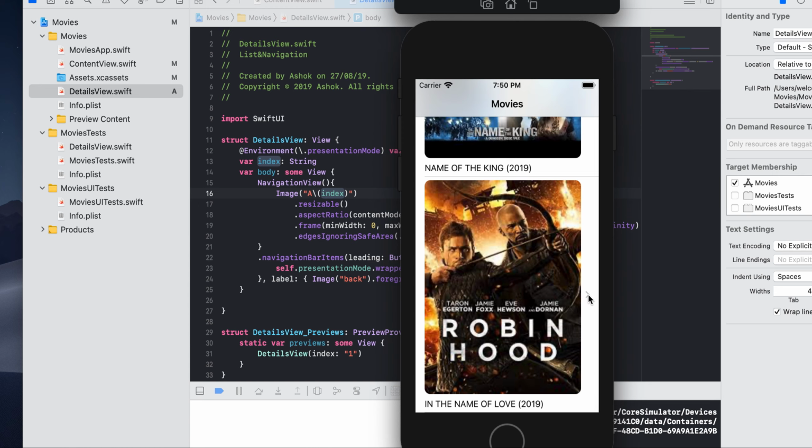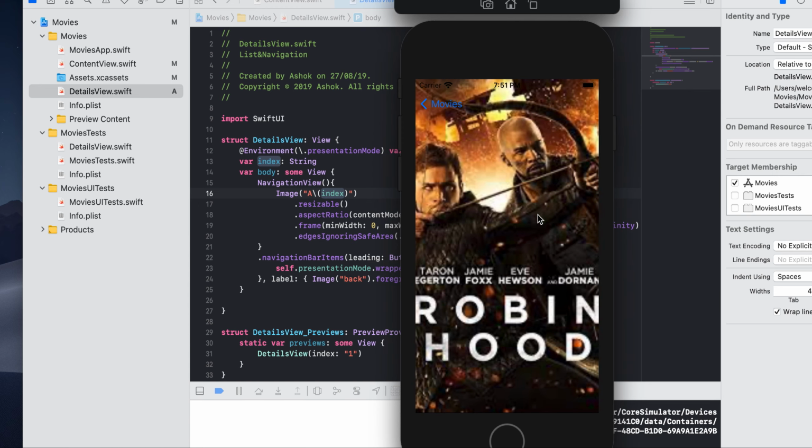Robin Hood, yes, that's it. So this is a nice example which you will be able to practice, because this is a typical kind we have given for courses, restaurants, and this movies. Since navigation view is very important, I have given you more projects for that. Okay, right. I would like you to practice this and make sure that you are up to speed, and I will see you in the next video. Thank you very much.